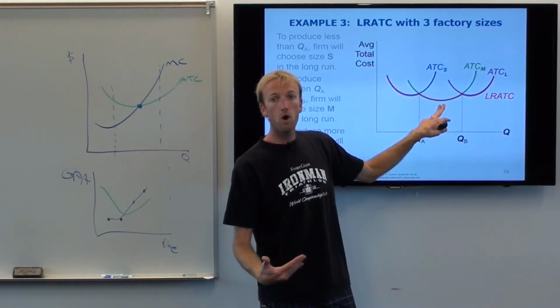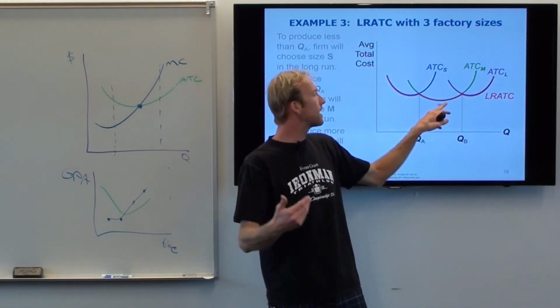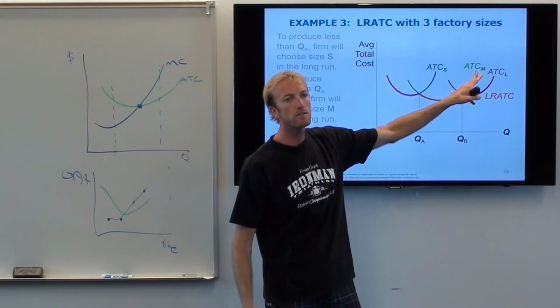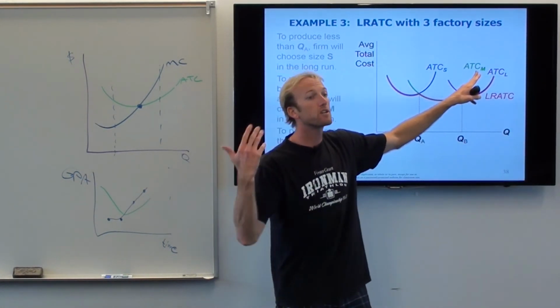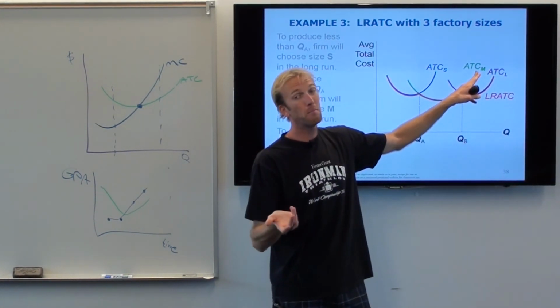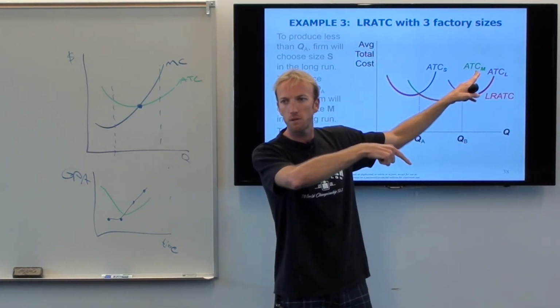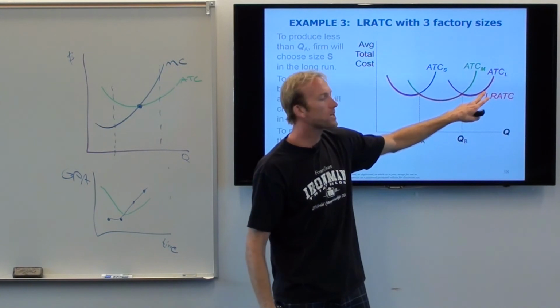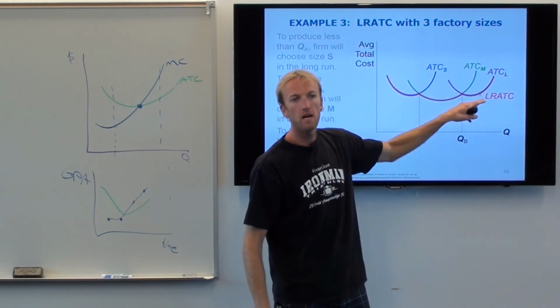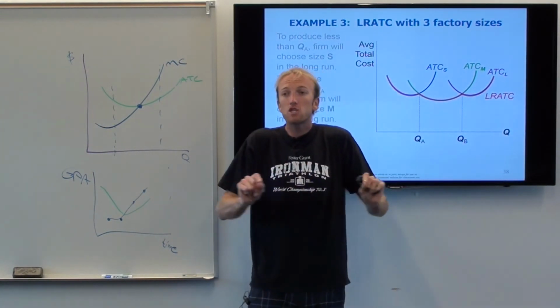But if I want to make even more quantity and I shove even more workers in there, they start stepping on each other's toes, diminishing marginal product. It starts getting really expensive again. That's a bummer right now. But what should I do? In the long run, I can just build a bigger factory, right? And so I do that and my costs fall again. Okay? So that's why the long run cost is super flat.